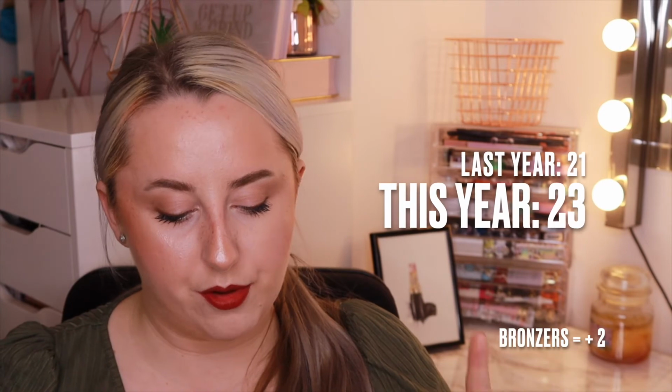Bronzers. So last year we had a total of 21, but I'm not too sure how many. I can't remember how many it was cream and powder, but this year I'll break it down. So I've got 14 powder bronzers, 9 liquid bronzers, so a total of 23, so there's only 2 more than last year. I've got new ones, so the Pink Honey, which I haven't tried yet, but I absolutely love